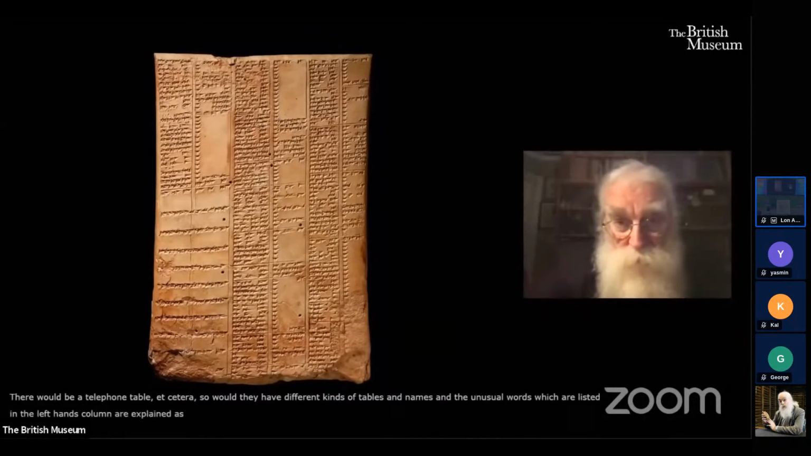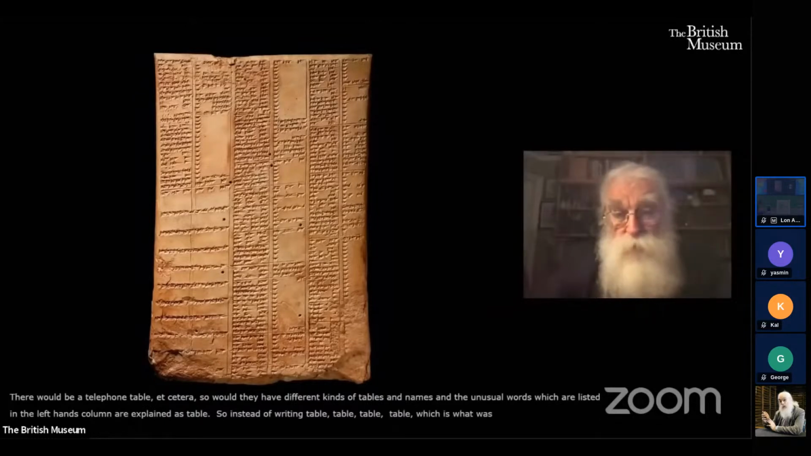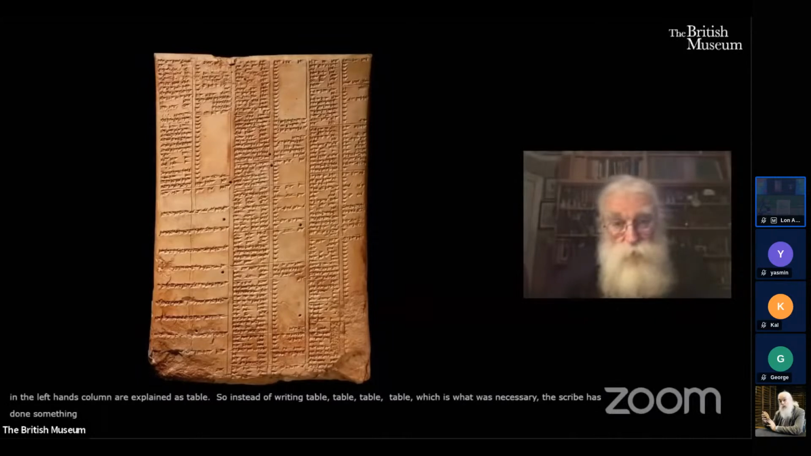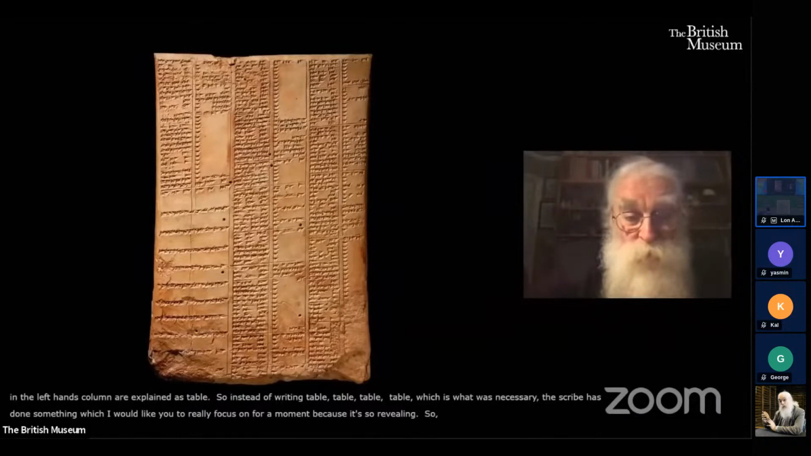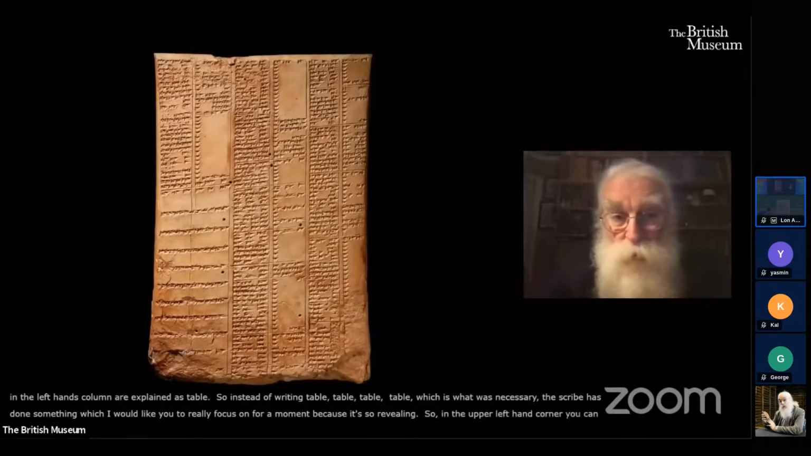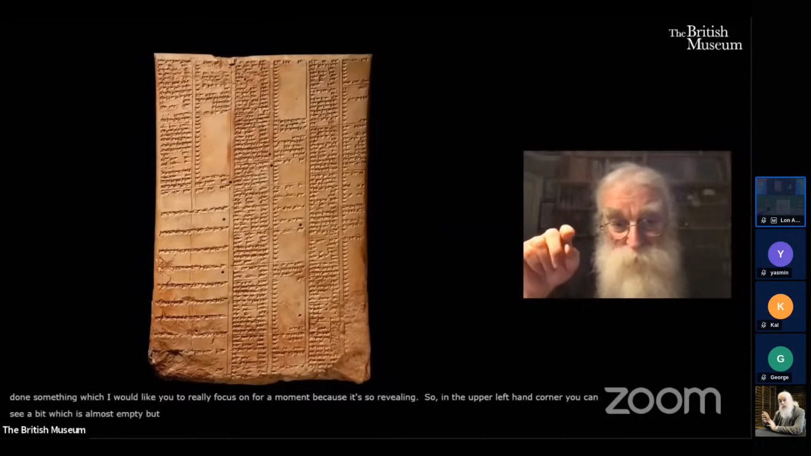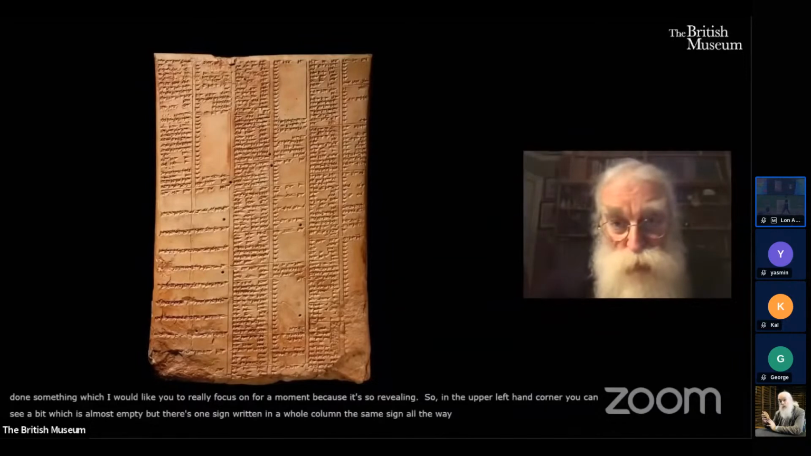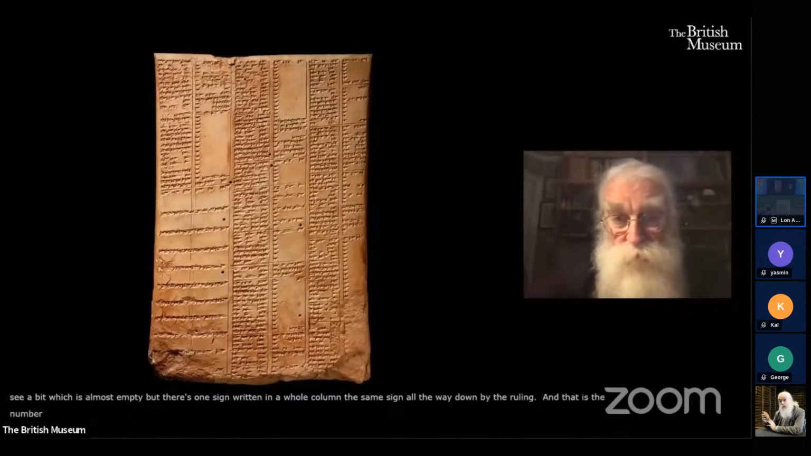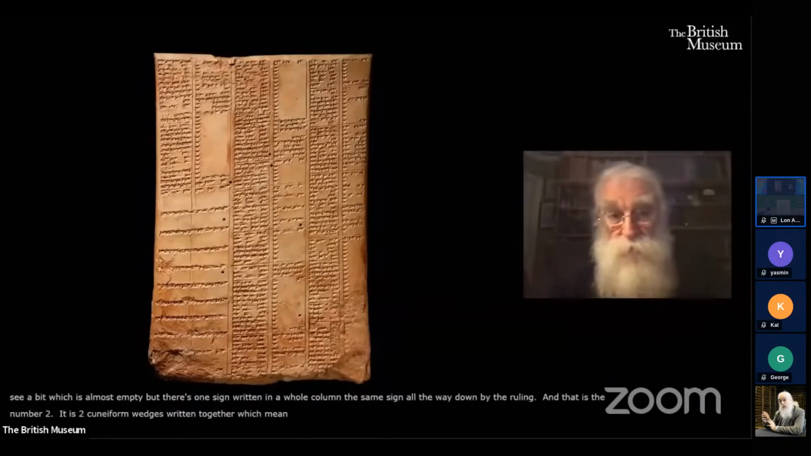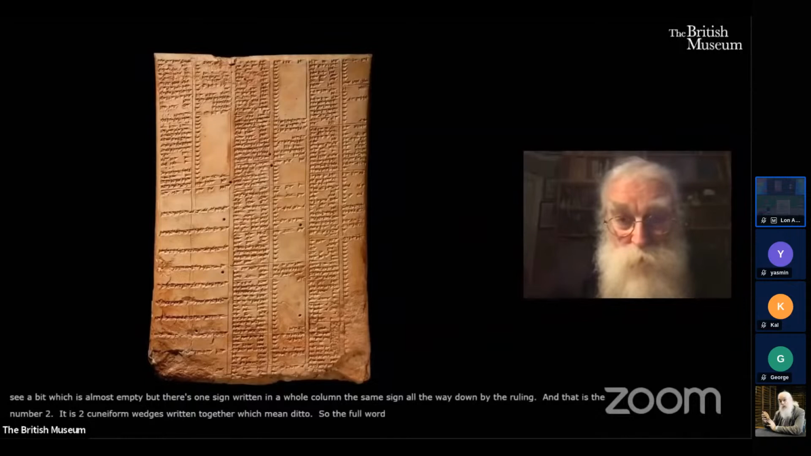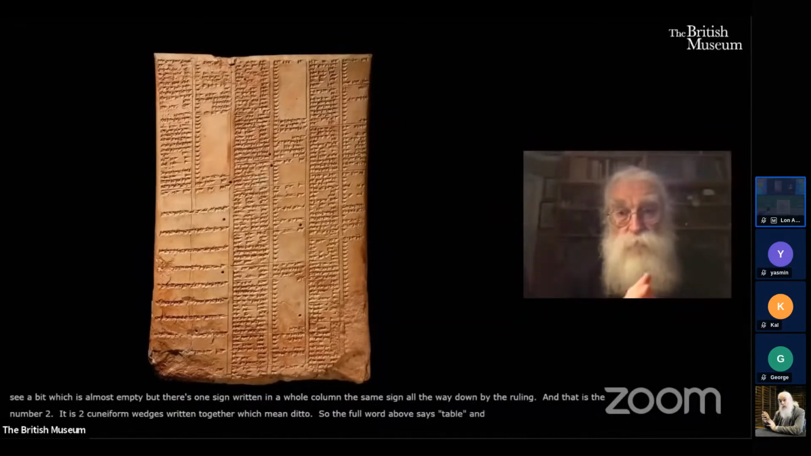So instead of writing table, table, table, table, table, which is what was necessary, the scribe has done something which I would like you to really focus on for a moment because it's so revealing. So in the upper left-hand corner, you can see a bit which is almost empty, but there's one sign written in a whole column, the same sign all the way down by the ruling, and that is the number 2. It is 2 cuneiform wedges written together, which mean ditto. So the full word above says table, and then underneath it goes ditto, ditto, ditto, ditto, ditto,